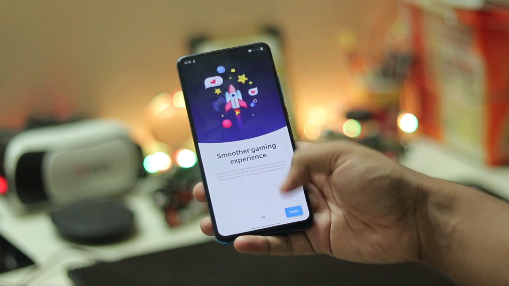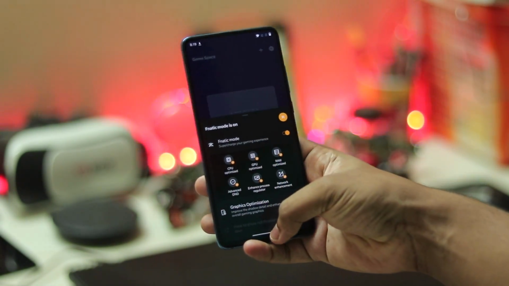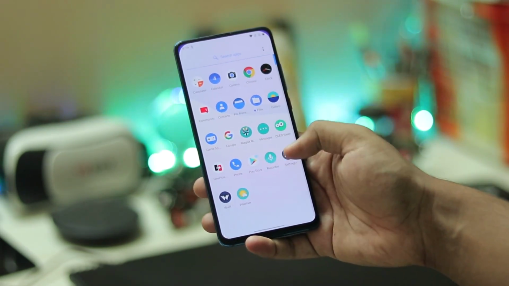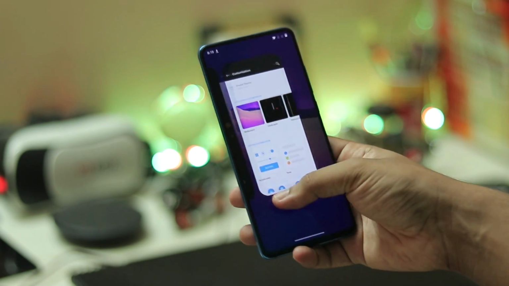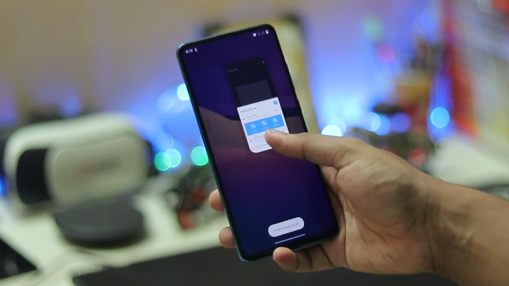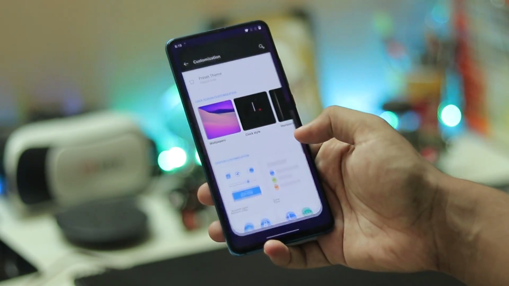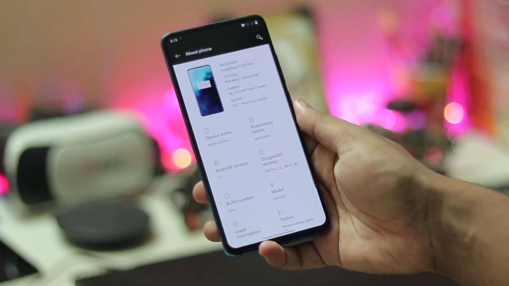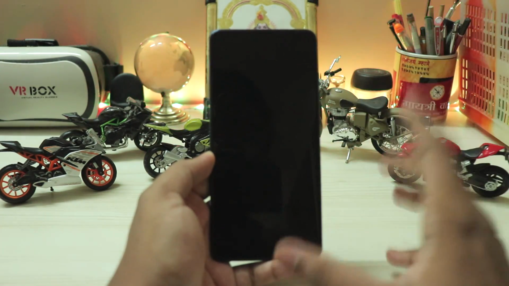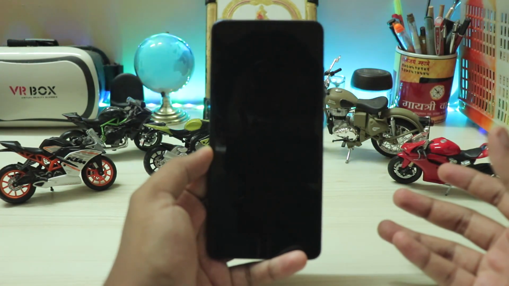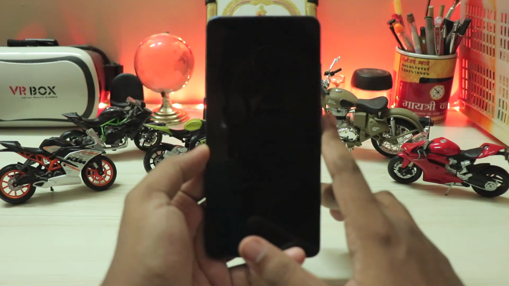This ROM is from Arnav Gupta, again one of my favorite developers. I have been following his work for quite a while. The Android OS for the Pocophone F1 was as good as the official firmware, and now finally he has been working himself on the Redmi K20 Pro. That's just amazing. He has fixed the pop-up camera, double tap to wake, and all the auxiliary cameras, for example your wide, telephoto and primary lens, which just completely work fine. The in-display fingerprint scanner is now getting detected even in this build, but authentication and enrollment still would take a bit of time. This installation method can be carried on into my next videos too.